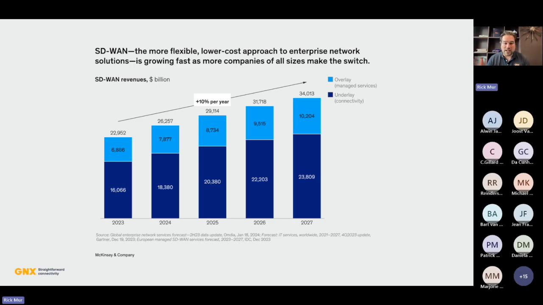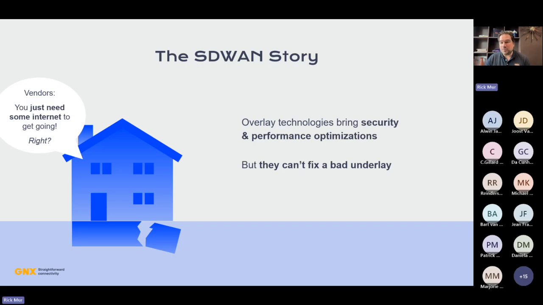If we also look at the IT spend on a typical large enterprise, how the revenue is separated between that services overlay, the SD-WAN and SASE offering, versus the network underlay, we see that about 2/3 of the IT spend for WAN is done on the underlay and not on the SD-WAN layer. We see that enterprises are not considering underlay as important as it should be. Like I said, they may consider it as a commodity, which we think is wrong, because that's where 2/3 of your IT spend will go with regards to your WAN connectivity. And this is what I already said. SD-WAN vendors have a nice story.